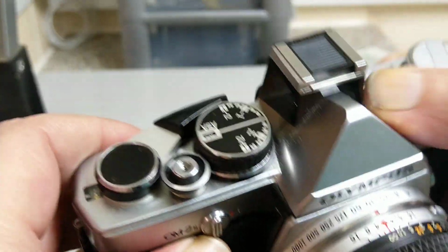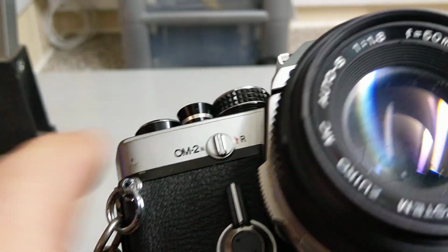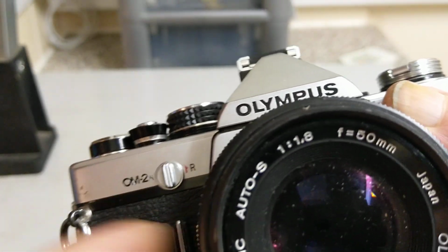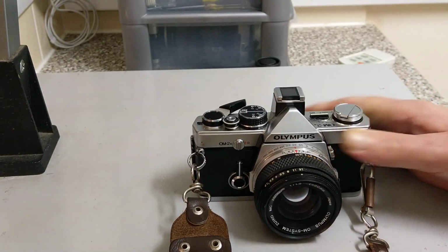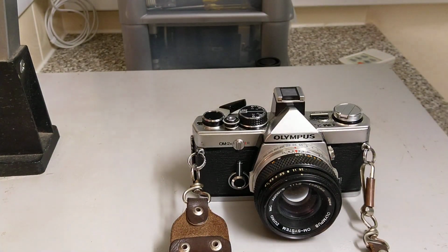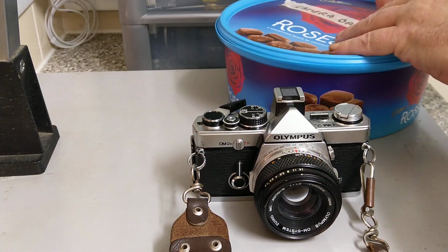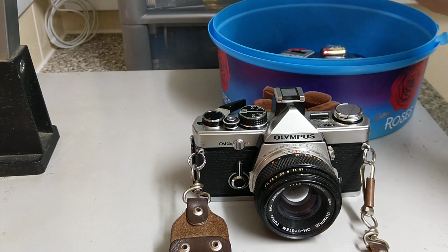But quite often with these you'll come across them where they say, oh, the camera's locked up, doesn't wind on, etc. But if they show you a photograph where the mirror is in the up position, the chances are that it's got no batteries in it, or that the batteries are flat. So I'm going to risk it today and try and put some batteries in this one, see if there's any life in it. I have 9 of these, so I must admit I have moved on to the OM4 because